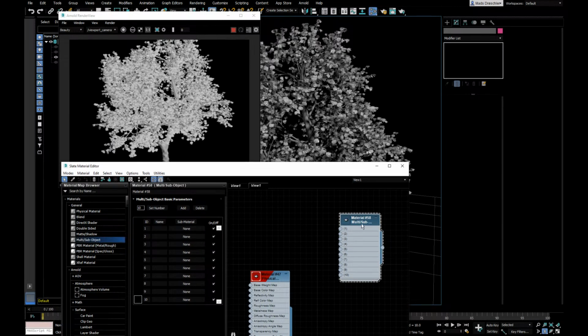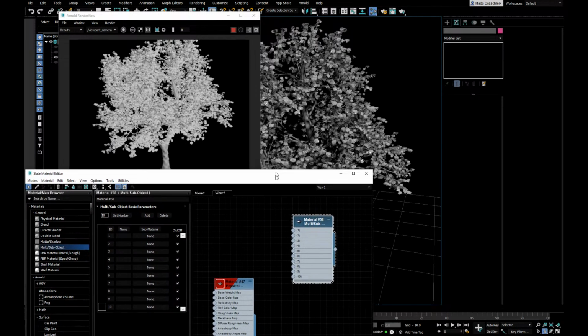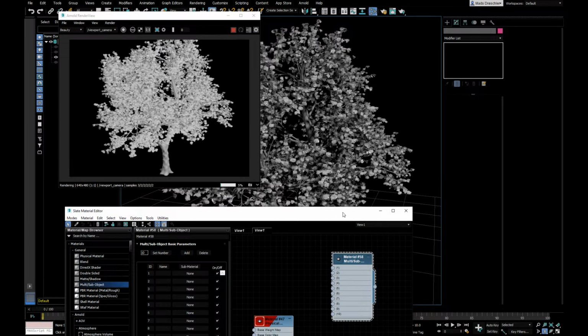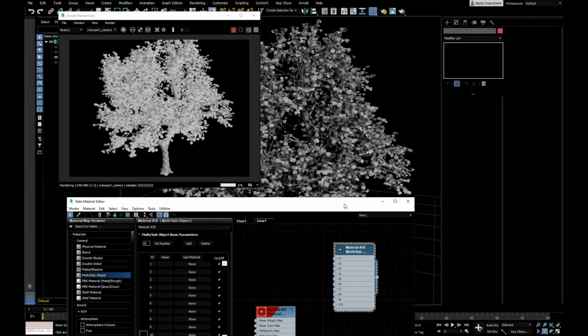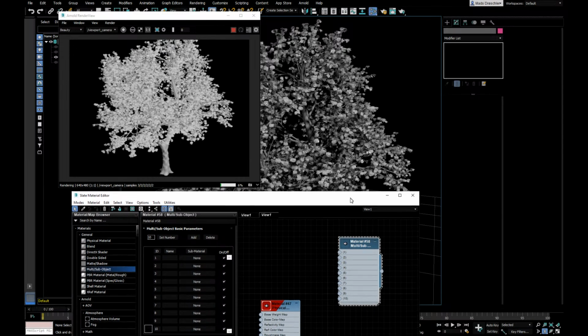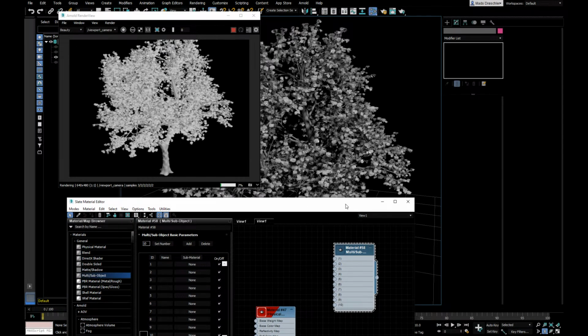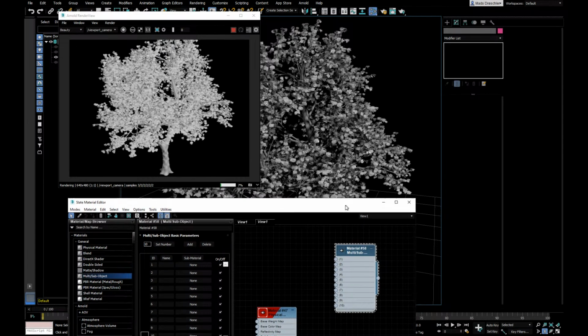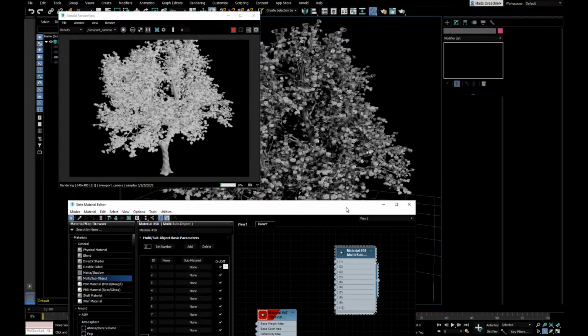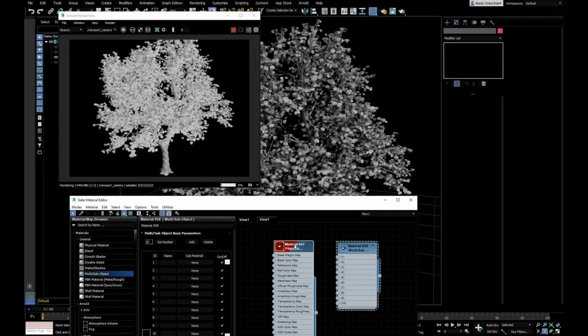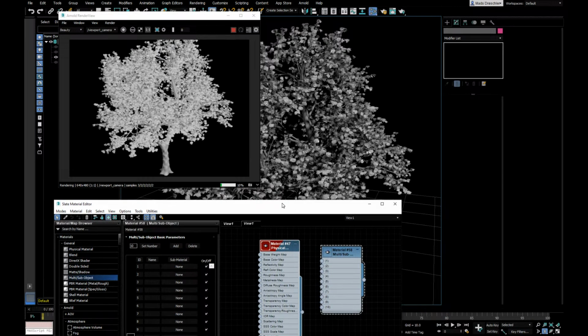I haven't been using this one for a very long time. It's a very established way to work in 3ds Max. I don't like it. I have a different way to work, which works with one material and some index nodes instead,